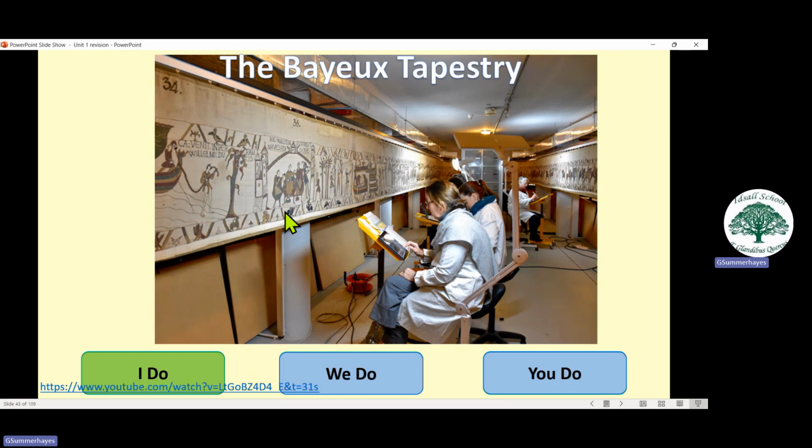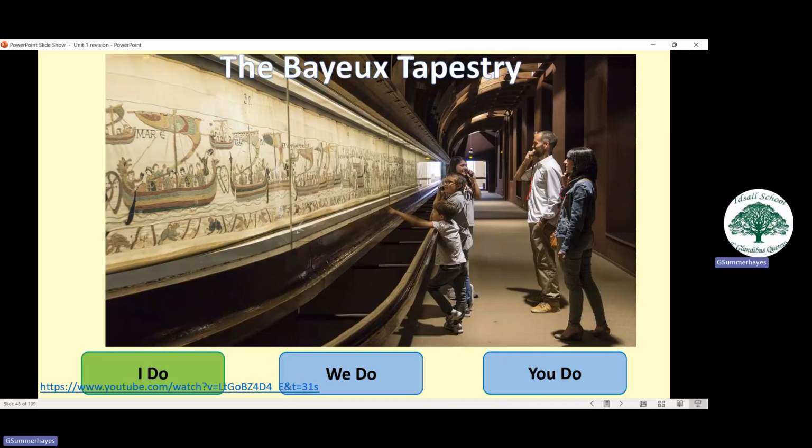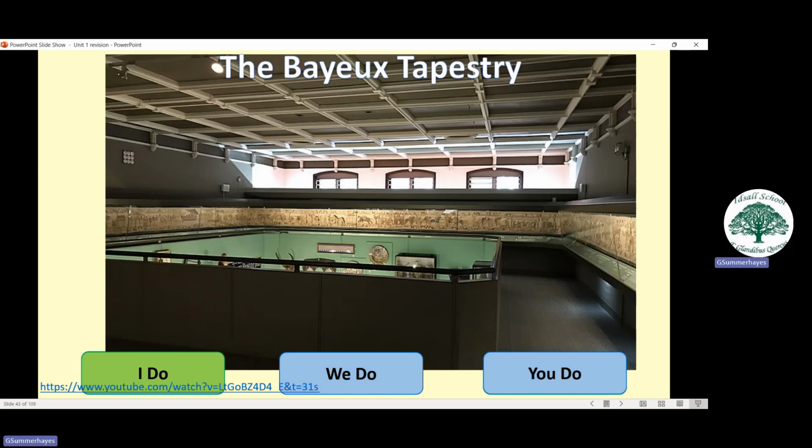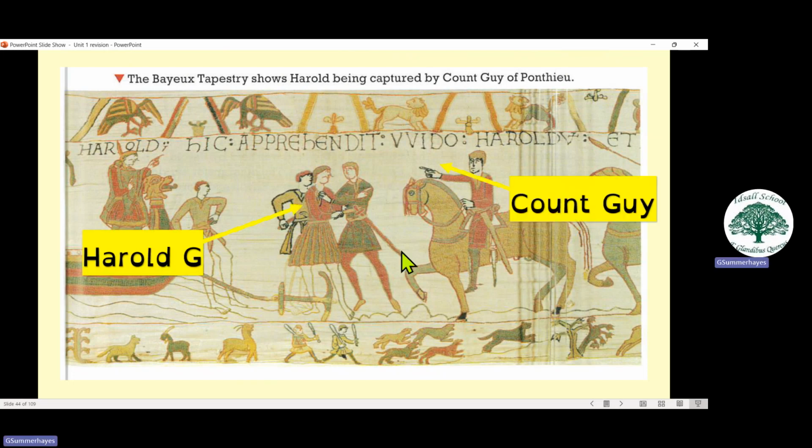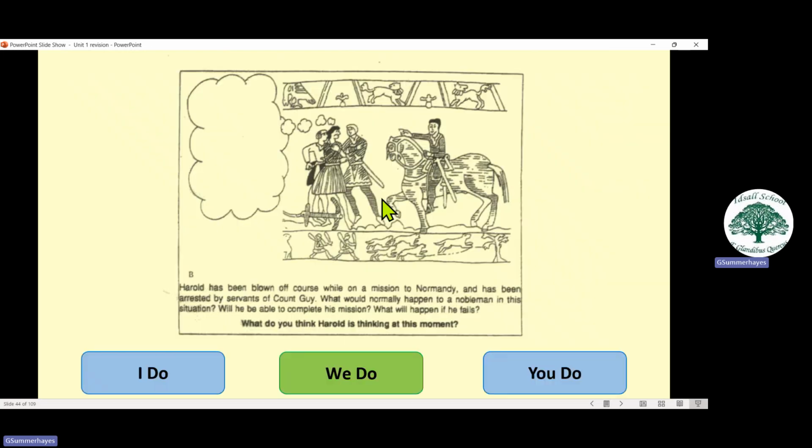And that's what it looks like. So it used to look like. That's another bit of it. That's the whole thing. And there's a close-up of this guy, or Guy, taking Harold prisoner. Again, the arrow's a bit in the wrong place. If only that had been the same for Harold later, eh? History jokes. Well, so that's when he became blown off course. Obviously Harold's probably thinking at this moment, "Oh, Jesus, Mary and the wee donkey, what's going to happen to me?" And he's taken to William.